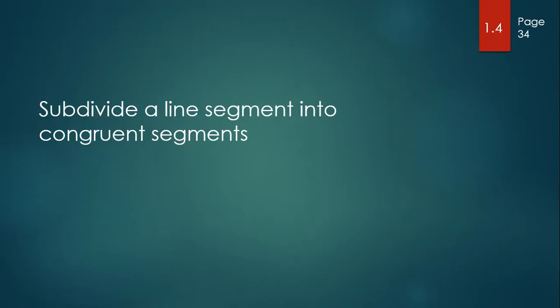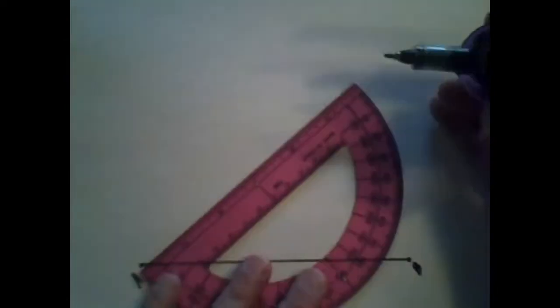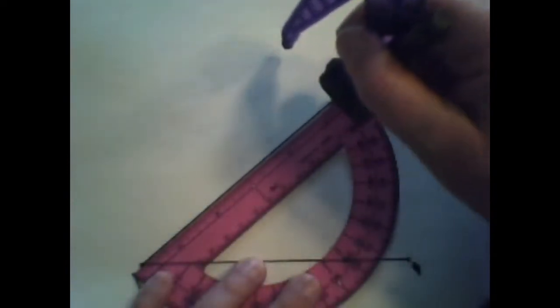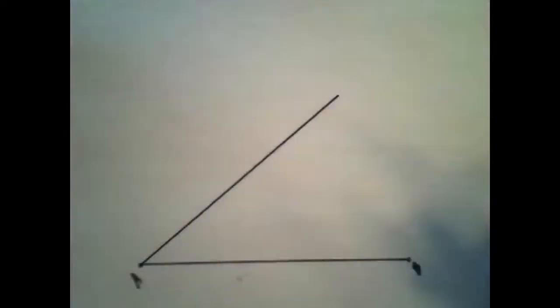Our last construction is to subdivide a line segment into a number of congruent segments. So here's line segment AB, and let's say we want to subdivide that into 3 congruent parts. So what I'm going to do is take my compass and set it to any setting I want. And I'm going to use that setting as a way to divide a different line segment into 3 congruent parts. So I'll draw a line segment from point A as long as I want it to be,